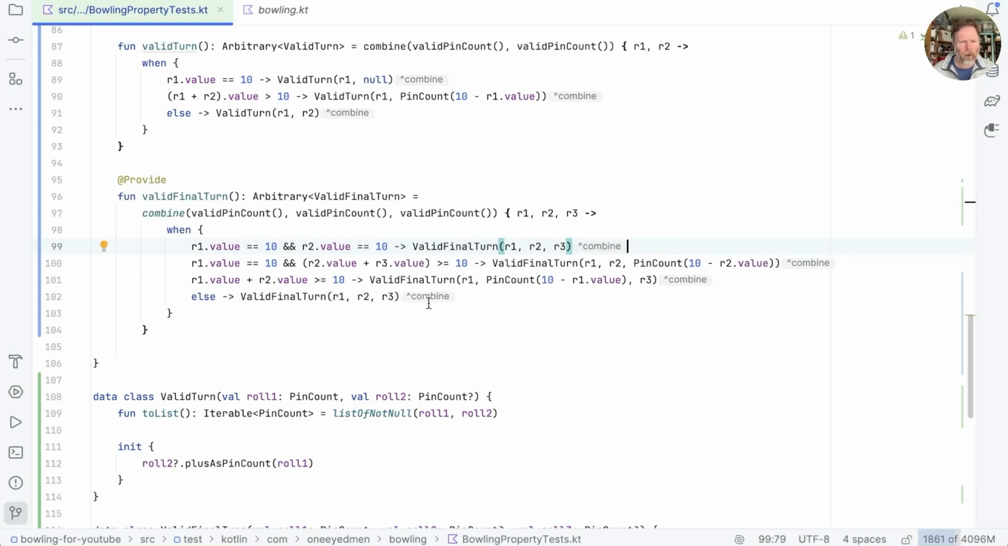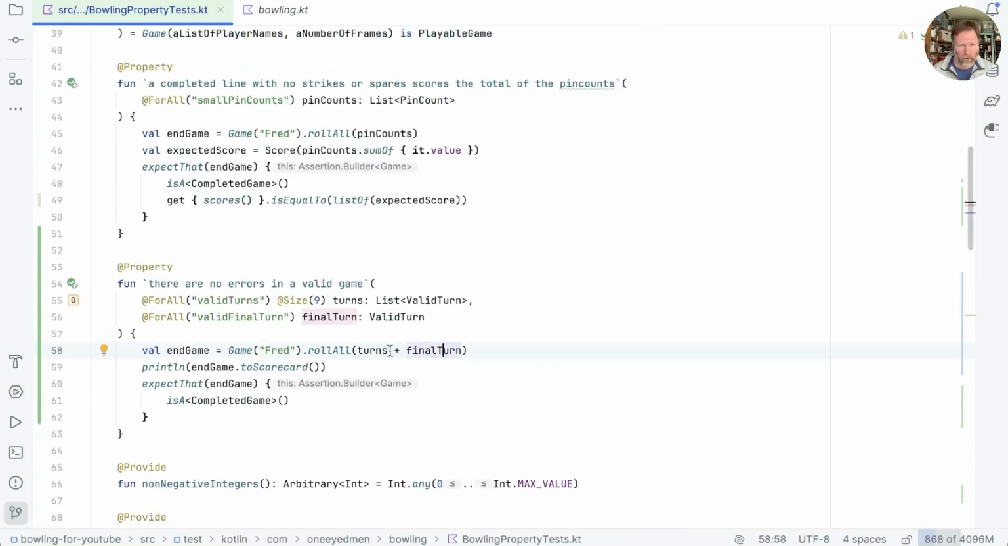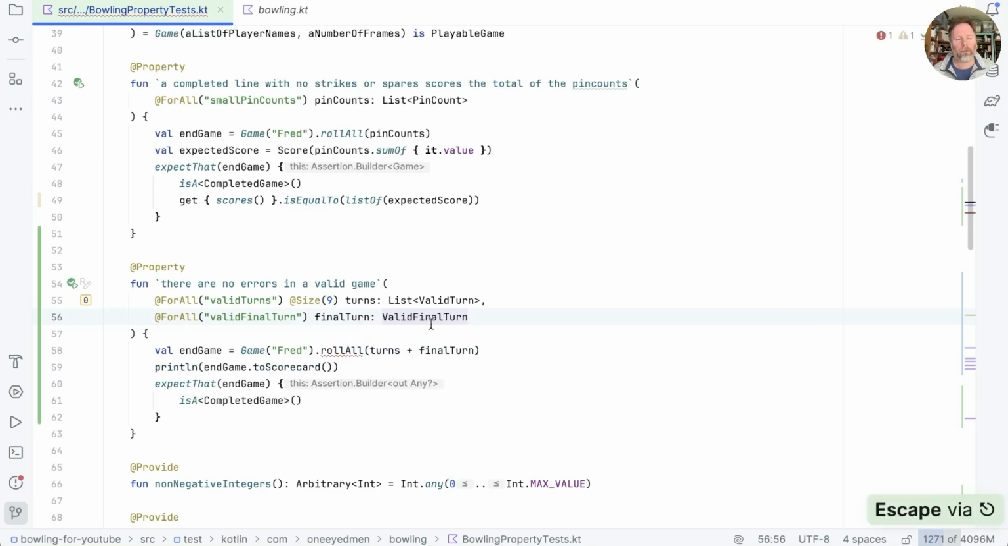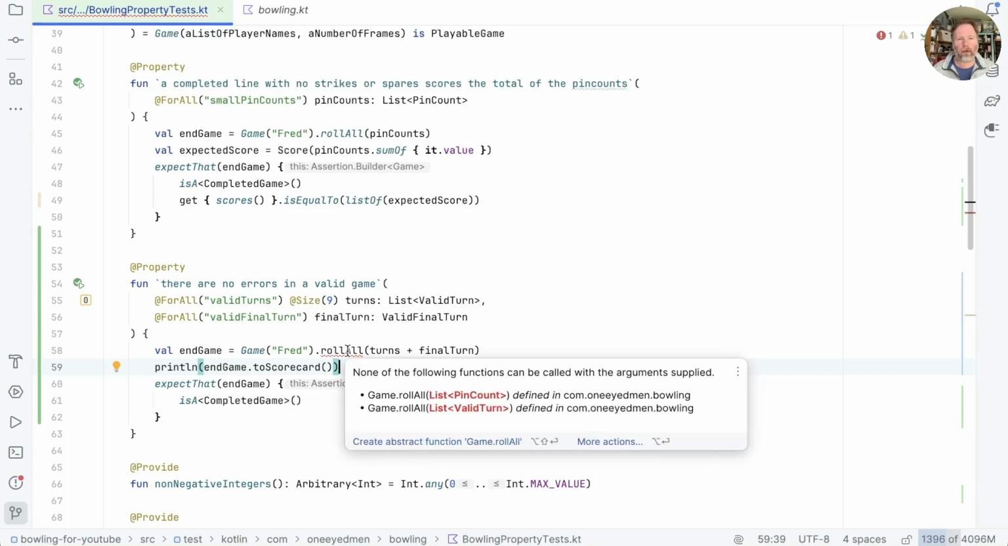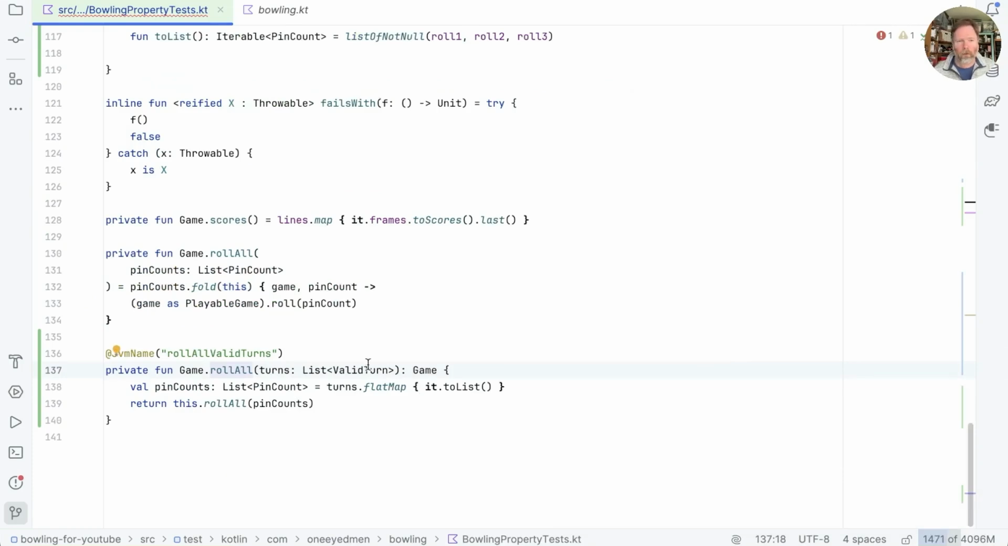Okay, I don't think that should compile because I don't think that we should be able to add valid final turns to turns. I think that should be a problem up here. Valid final turn is a valid final turn, but because we're using annotations, the compiler didn't know the type was wrong. So in order to make this work, I think we have to say that this roll all valid turn, well, we can either change it to work with any and then downcast a turn or valid turn, or we can pull a common superclass out of ValidTurn and ValidFinalTurn, or we could make this a list of